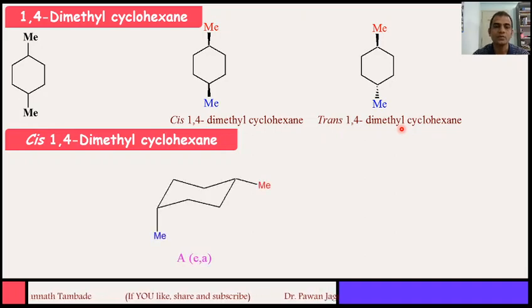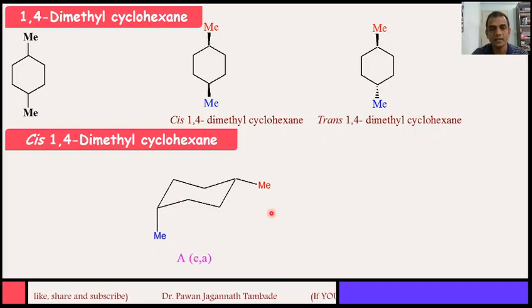So the chair conformation of this cis 1,4-dimethyl cyclohexane can be written in this way, as we have seen in earlier lectures. Look at this structure. This methyl is pointing downward and this methyl is also pointing downward. Both of them are on the same side, so this is the cis structure. And also note down their relative position. This methyl is, suppose, at carbon number 1, then this is at carbon number 4. This is cis 1,4-dimethyl cyclohexane. Say it is an EA type of conformer.